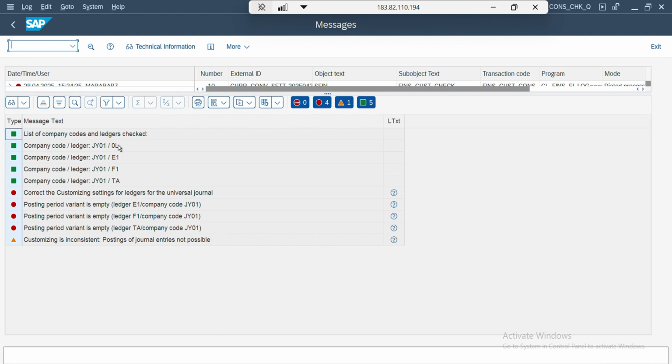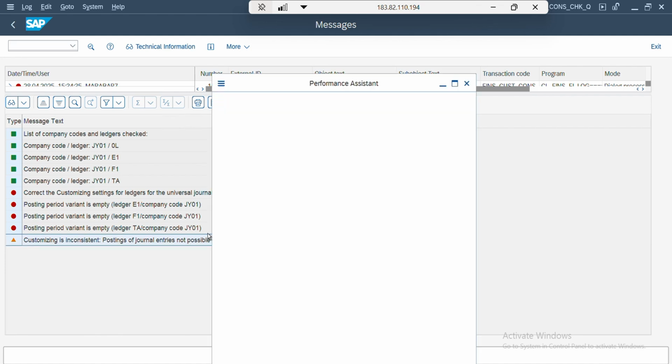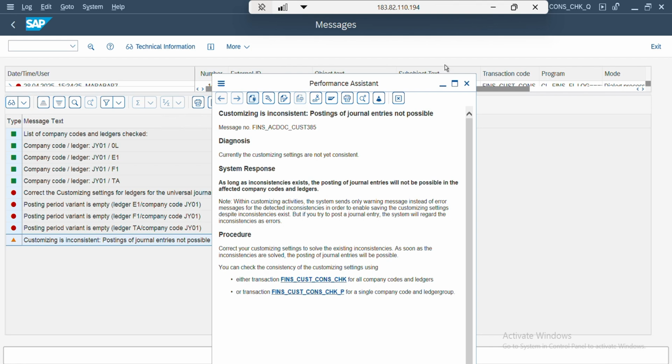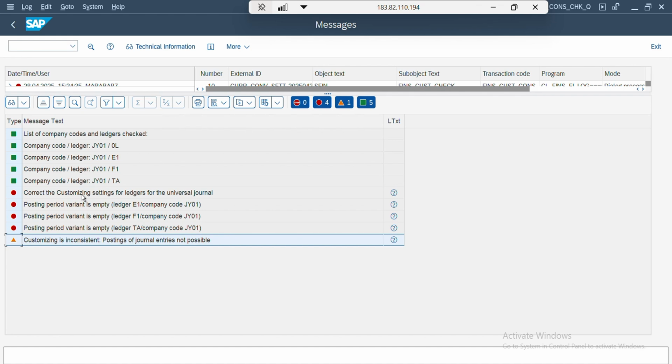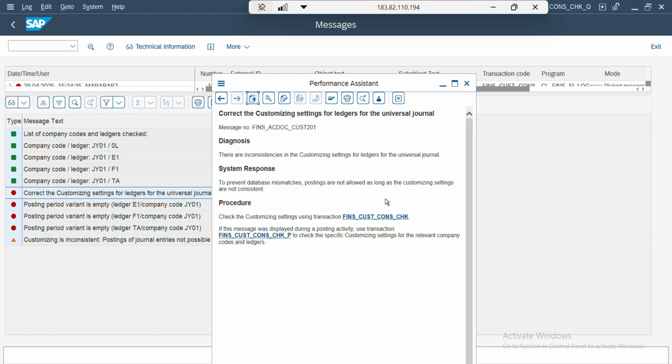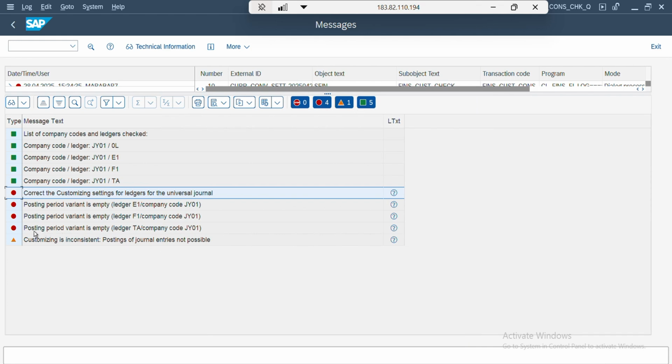So what we do is go and delete the ledgers that were automatically mapped to my company code. I do not know what happened. It could be that at the point when I was configuring the system, I might have gone ahead to copy a company code or a company code setup. So I'll just go back and then delete this ledger. We'll have to go and delete this ledger, and